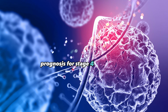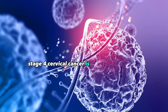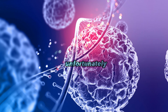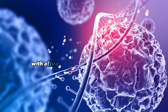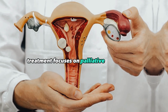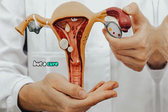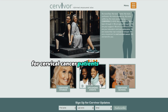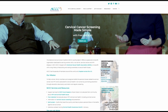Prognosis for stage 4 cervical cancer. Stage 4 cervical cancer is considered advanced as it has spread to distant organs or lymph nodes. Unfortunately, the prognosis for stage 4 cervical cancer is less optimistic, with a 5-year survival rate of around 16%. Treatment focuses on palliative care to manage symptoms and improve the patient's quality of life, but a cure becomes less likely at this stage. Support groups and resources for cervical cancer patients include Survivor, National Cervical Cancer Coalition, NCCC, and